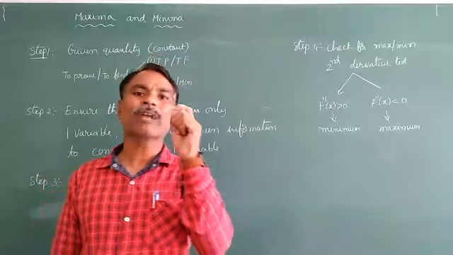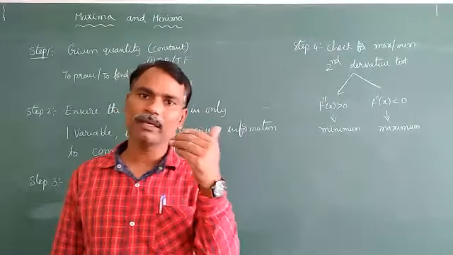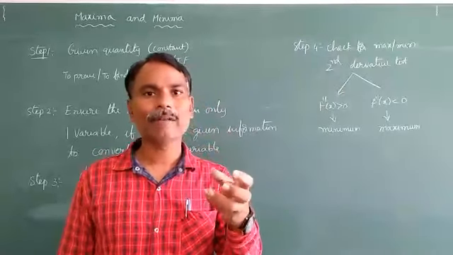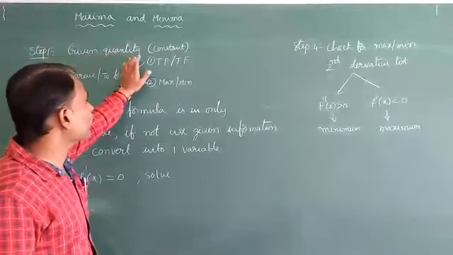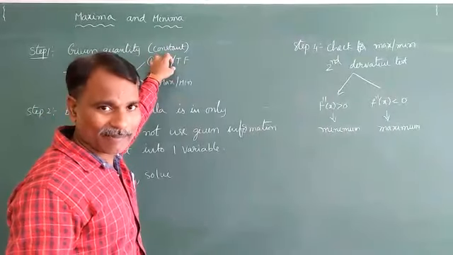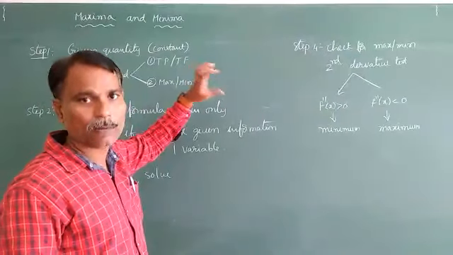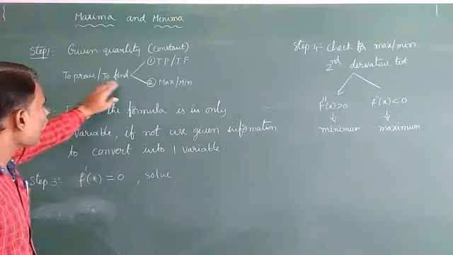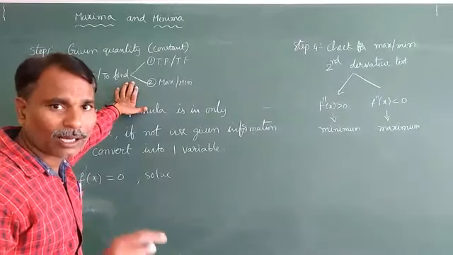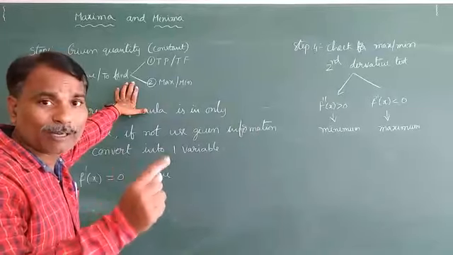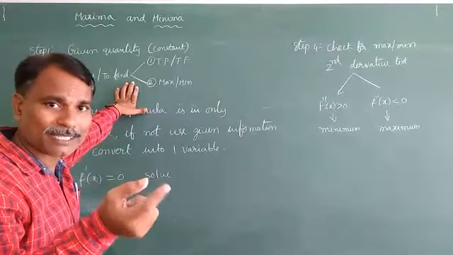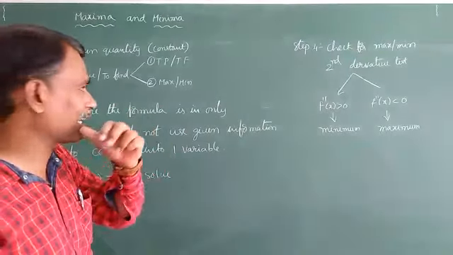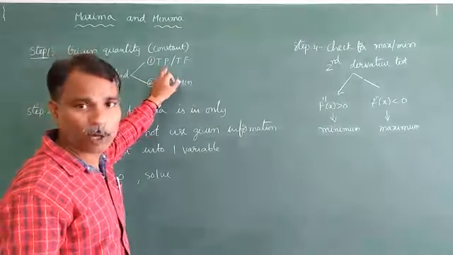In that, we definitely need one value, which is nothing but a constant. Maybe he will give the side of a cube, and sometimes the radius of the sphere. So what is the given quantity value? Quantity means a given radius value or height of the object value. So finally, to prove or to find anything: last time, to prove something was type 1, and find the intervals was type 2. But here, what am I going to prove or find? In these two concepts, what do we have to prove in this problem?